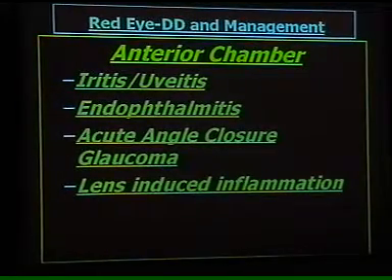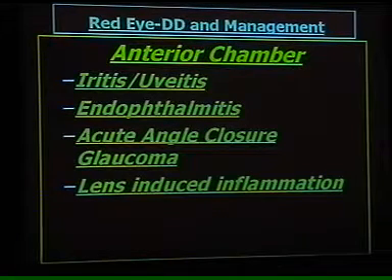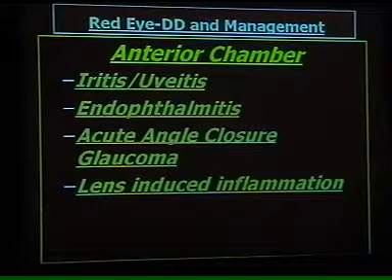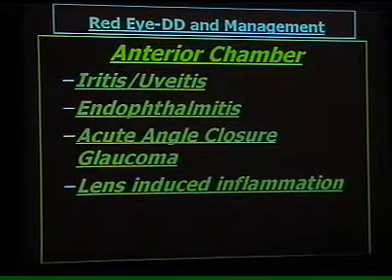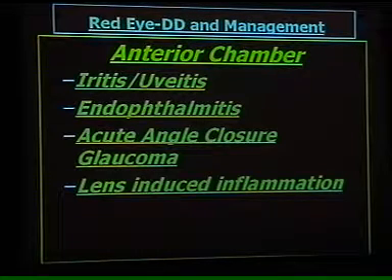Anterior chamber pathologies can present with red eye: iritis, uveitis, or anterior uveitis as we call it, which is inflammation of the uvea. Now, uveitis could be primary, which means there is no cause which could be found, or it is secondary to some process going on systemically. So Behçet's disease, Reiter's, SLE can all present with uveitis, but 65% of the uveitis that we see in